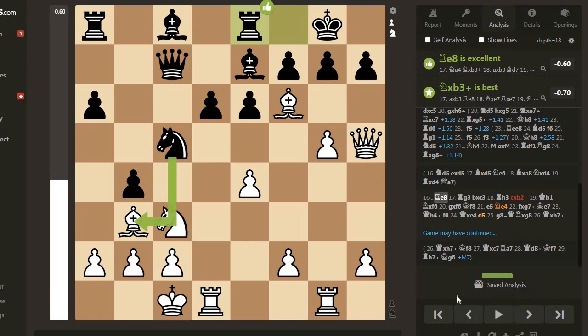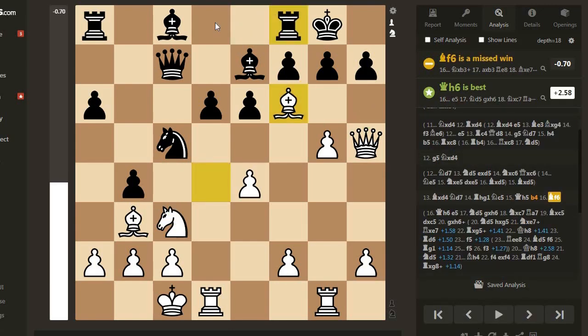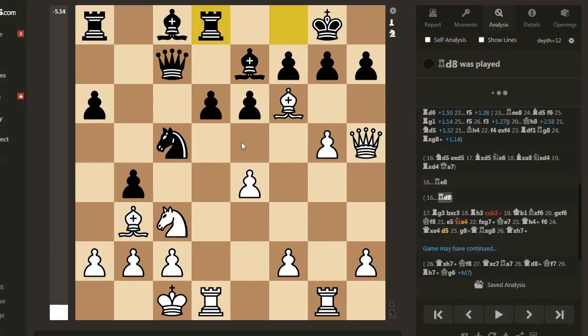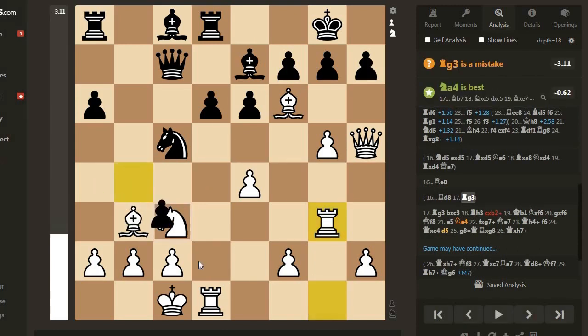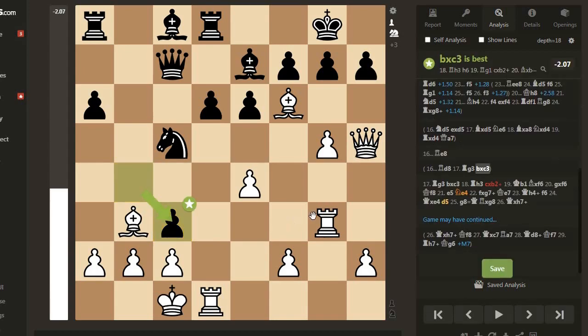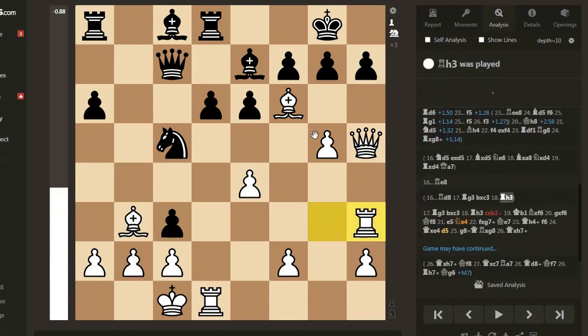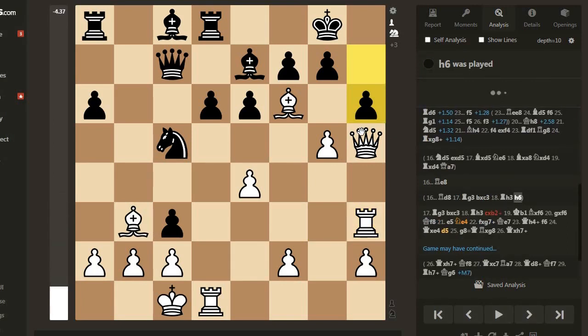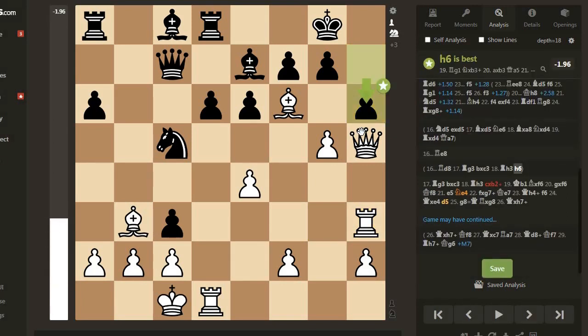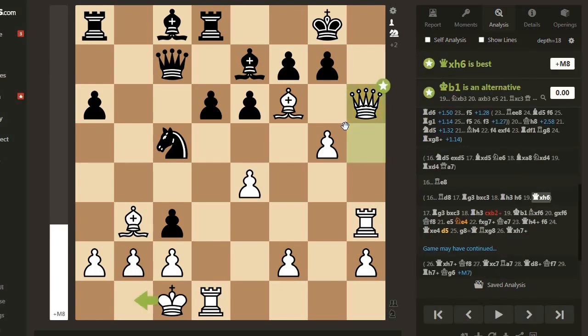We should also investigate other rook moves like rook to d8. Now rook g3 and bc3, now rook to h3, and now h6 is forced, but now there comes a lightning strike deep in the heart of Black's camp, that is queen takes h6,